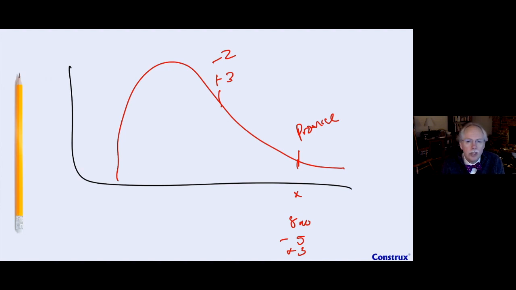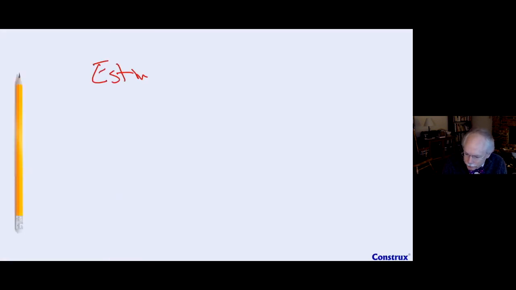Some organizations can get that and they can live with that, and that's fine. But what I find is that a lot of people don't get probability. In fact, I think probability is really poorly understood by the general population. As we can see in our national pandemic, the odds of this and the odds of that, we don't know how to talk about that very well. So when you say plus or minus X, what I like to do in that situation is to say, my estimate is, and then give them the promise one.